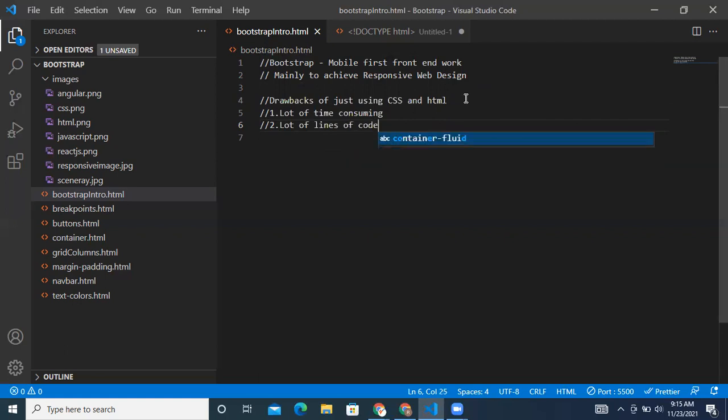See, when we are writing CSS, when we are designing a page, can you please mute the audio, others? I could hear so much background noise. Can you please mute the audio? I could hear a lot of background noise.